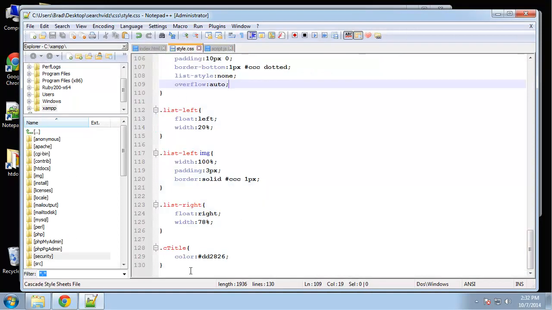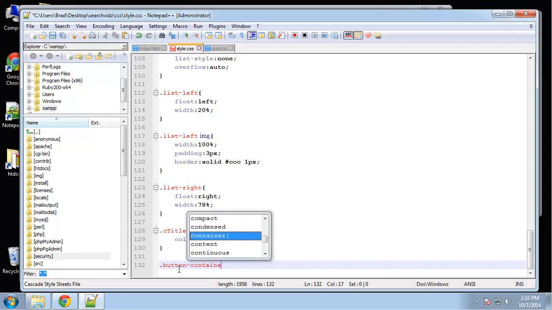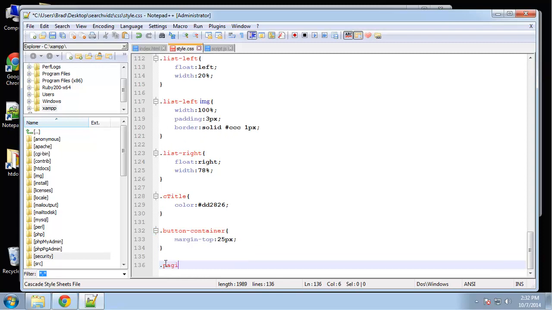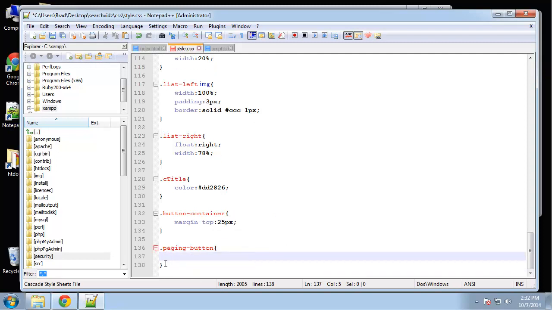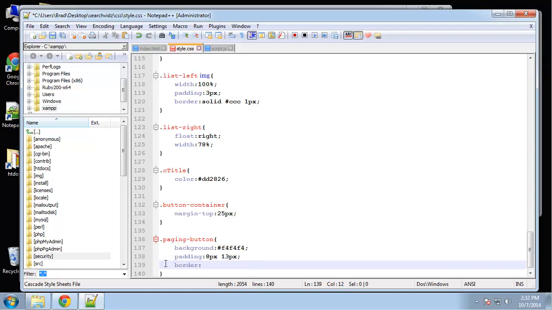So I'm going to go to the CSS, and first of all, the button container, I'm going to add a margin top of 25 pixels. Okay, and then the actual buttons, which have a class of paging button, I'm going to give it a background of gray, padding of 8 and 13, border will be gray, 1 pixel solid,